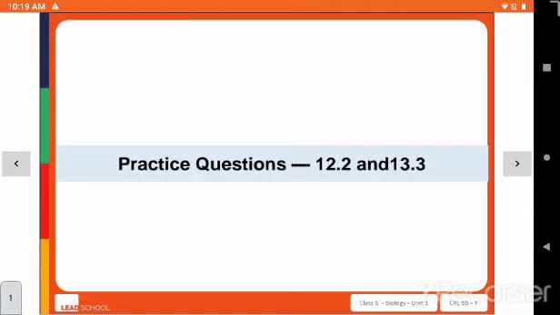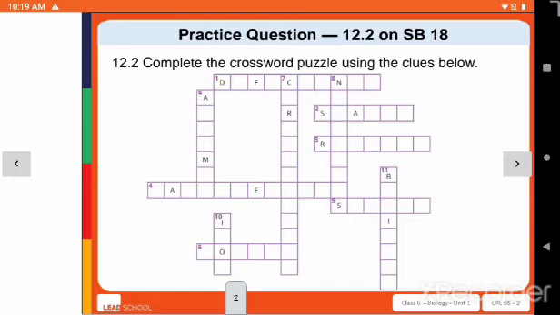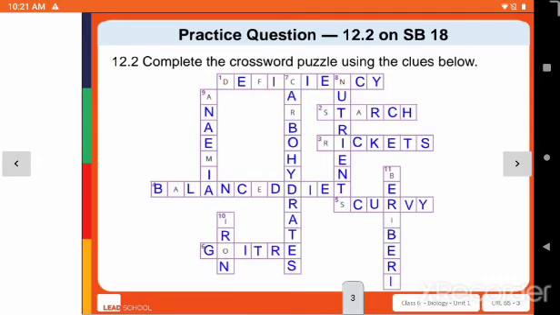Now we will do practice question 12.2 and 13.3. Complete the crossword puzzle using the clues below. So you have to solve this question yourself and revise. So this is your answer. Next question is